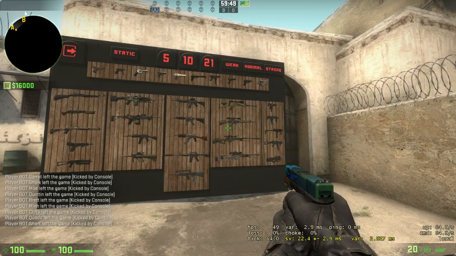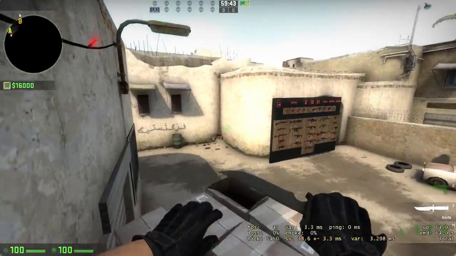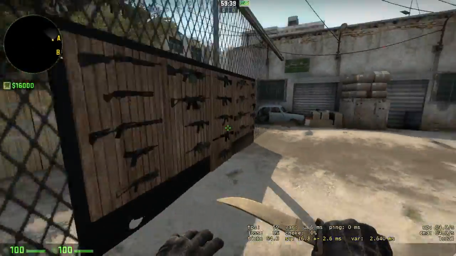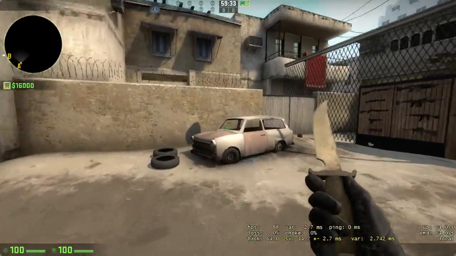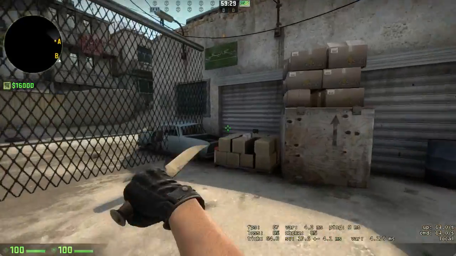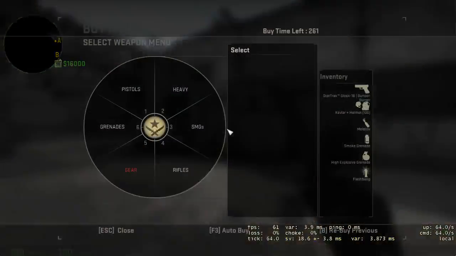I recommend, for instance, I use the MP7 as an eco weapon on CT a lot, to hold long or whatever. Just warm up with everything that you think you'll be using, because it really helps to familiarize yourself with the weapons that you'll be using, you know, spray patterns, recoil control,